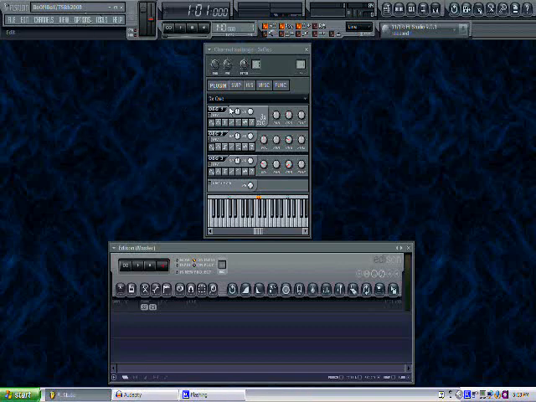I have to have Fruity Loops running on my stock sound card that came with my laptop, or that's in my laptop, and I have to have Audacity recording from my Lexicon Omega because that's where my mic can run into. I can't plug a mic into my laptop. I have the little 1/8 inch mic jack, but I don't have any mics that have that jack. I have real mics. So